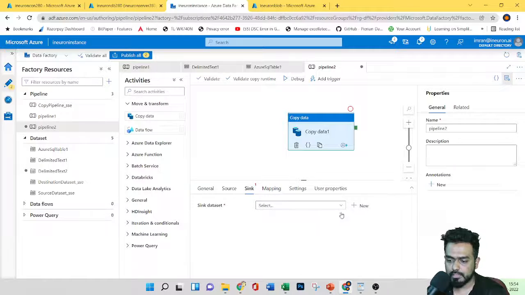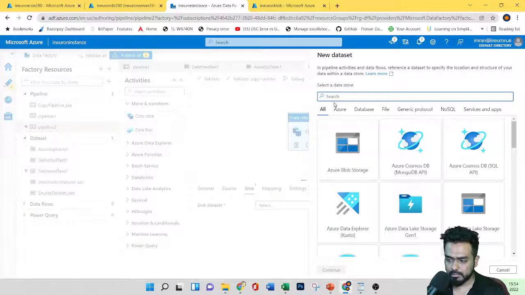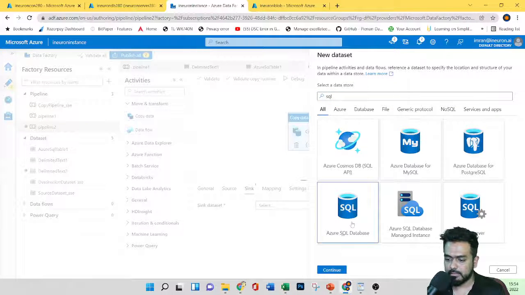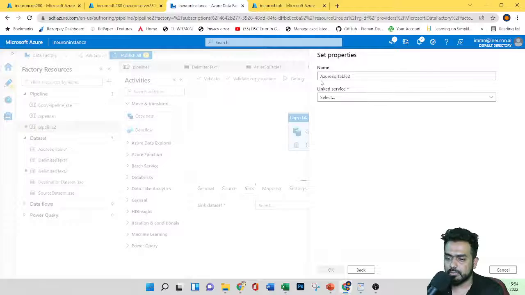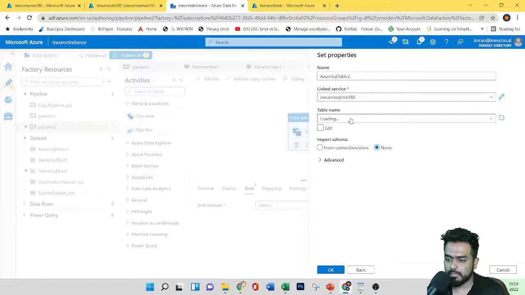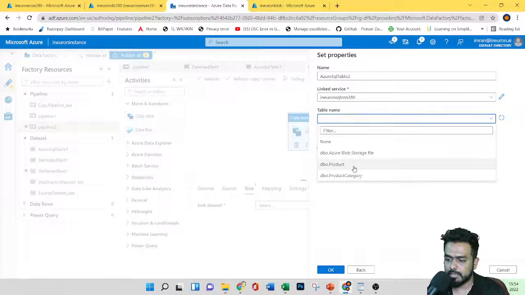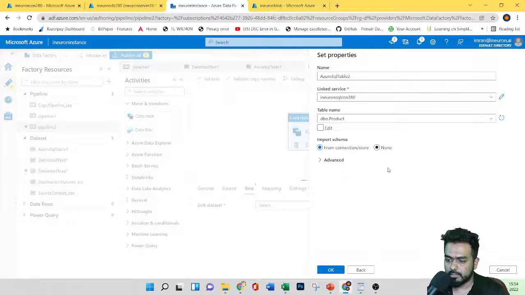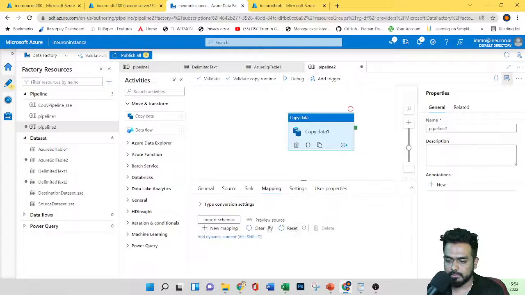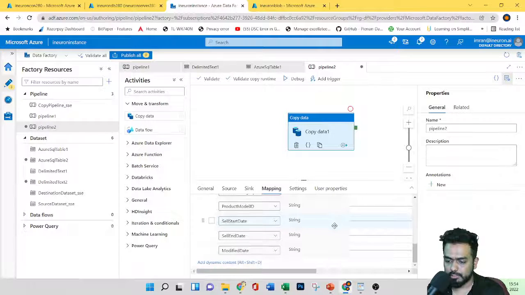Let's go to the sink. New connection, SQL database, Azure SQL table. Here, same database, and for the table name I'll give product. Let's click OK. For mapping, import schemas, and it will do all the mapping.